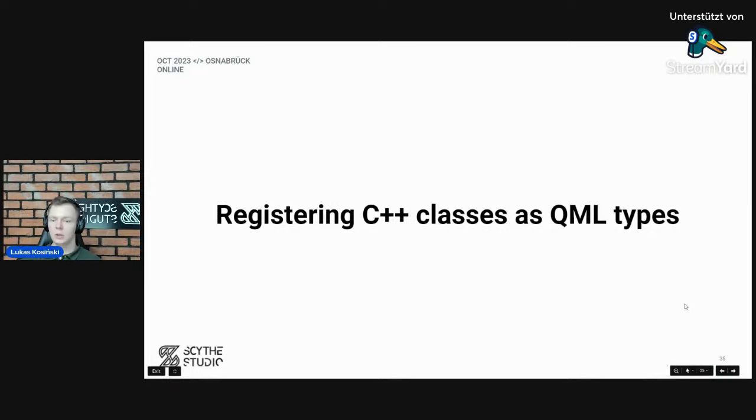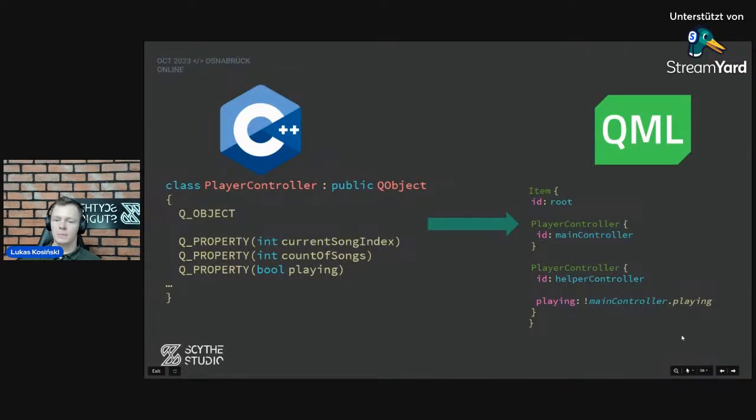Here we are not exposing a C++ object. Here we are registering classes. Registering C++ classes as QML types is about making it possible to instantiate your C++ class just like any other QML type. It makes sense when you want your item to be reusable.